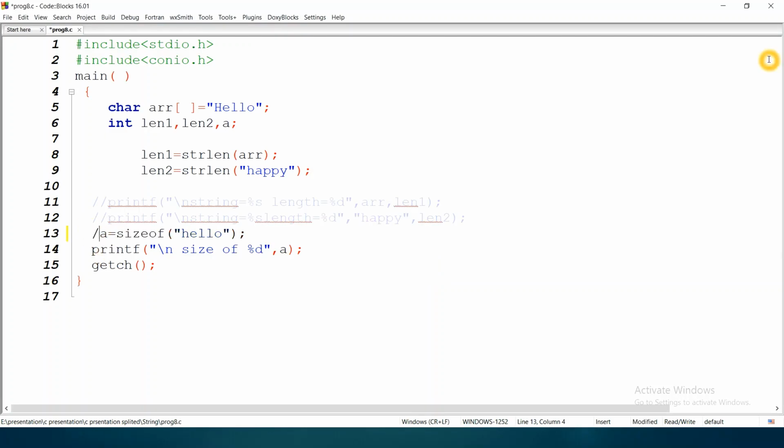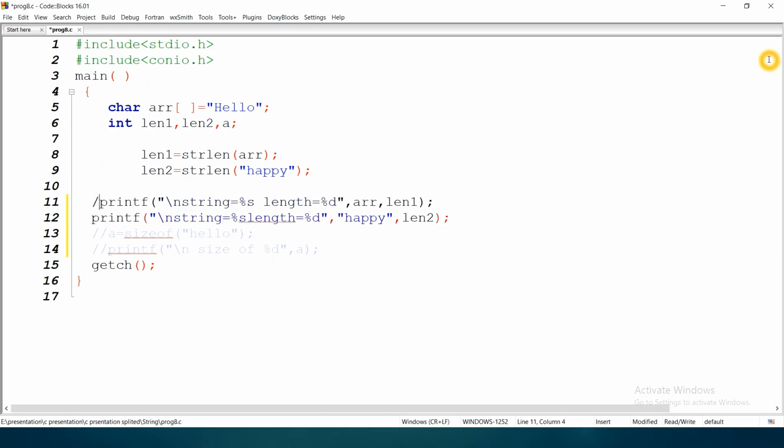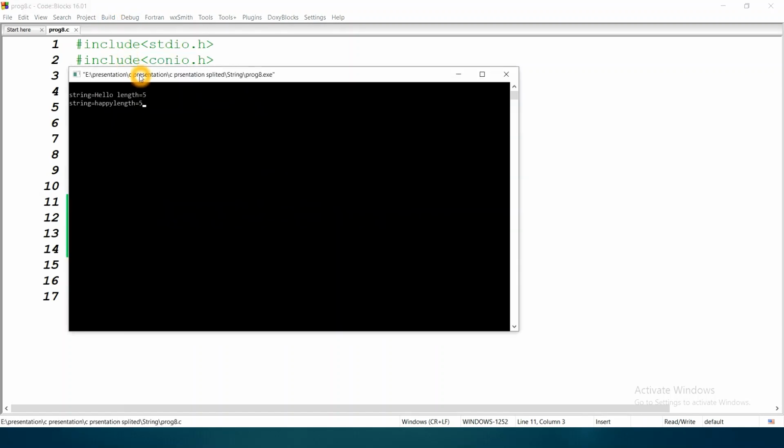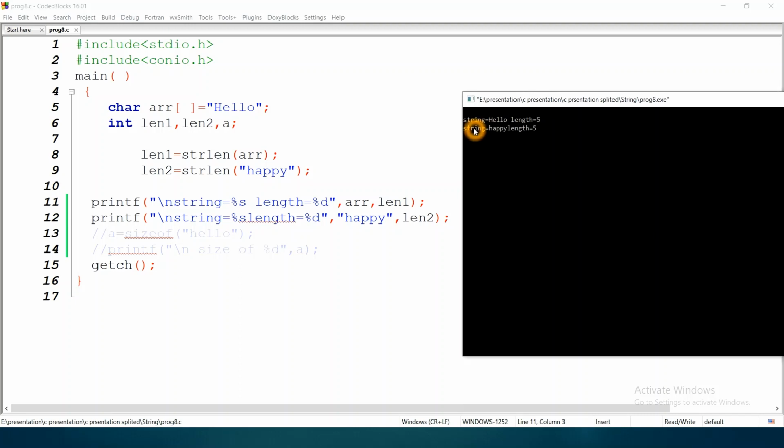When I run the program, it gives: string is hello, length is 5; string is happy, length is 5.